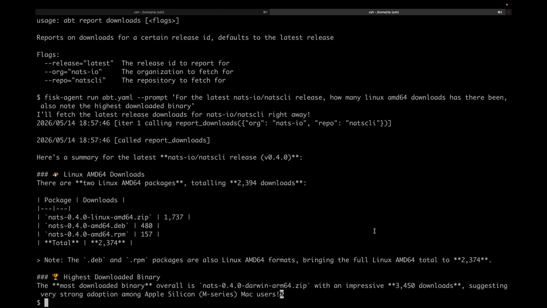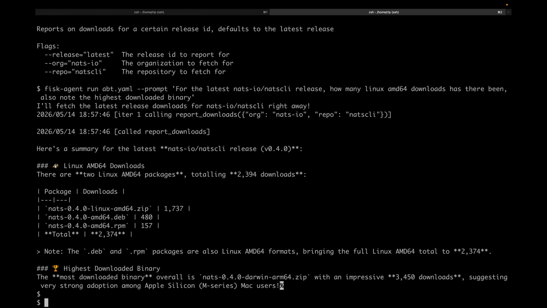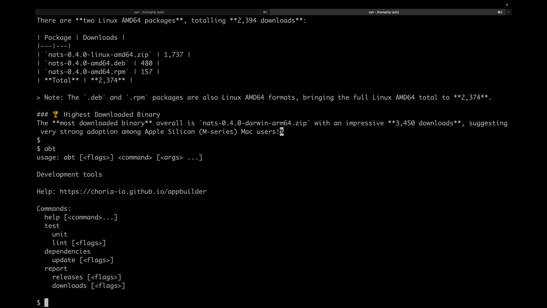And so the highest downloaded binary is the Darwin 64 one with 3,400 downloads. And so you can see it's just making up stuff here about the Silicon Mac users, etc. This is correct information because it got it from a tool and it's just summarizing the result. But what you can see is really, really easily, I've just made an agent with tools, with everything, by just using the stuff that I already have, what I've already written, or any existing CLI